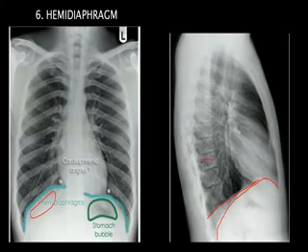If the vertebrae are not seen in the lateral view in this area, that means some mass or effusion or consolidation will be there. So that must be checked when looking at a lateral view.